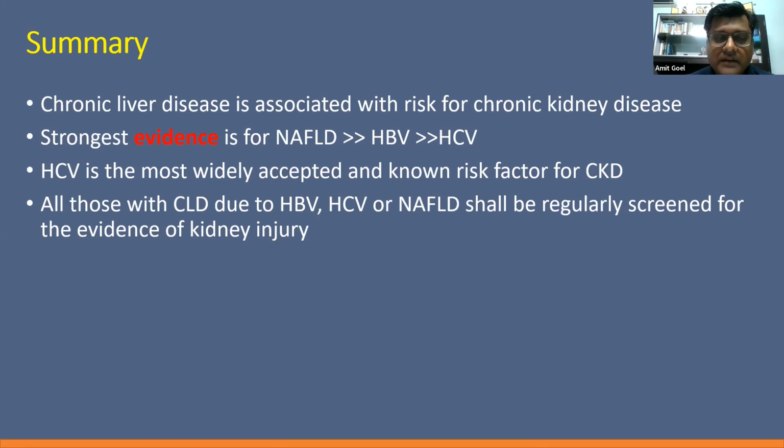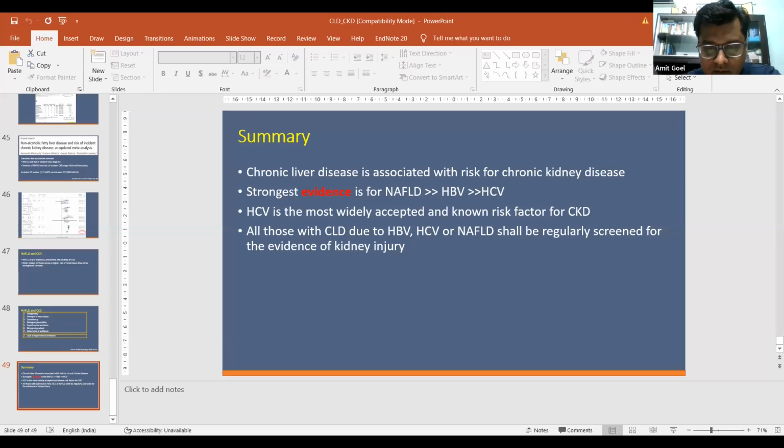All those with chronic liver disease due to HBV, HCV, or fatty liver disease should be regularly screened for evidence of kidney injury, probably more frequently as compared to other people. So that's all I want to talk about this association. And if there is any question, I would like to